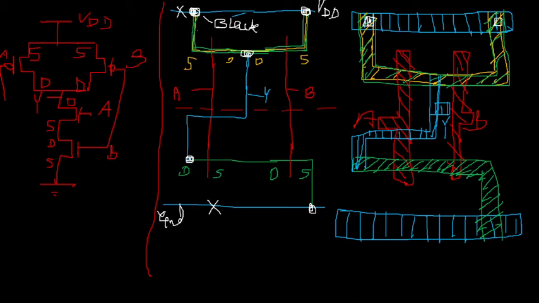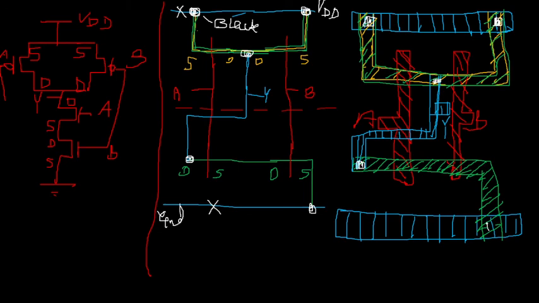Contact cuts will always appear on the places where your metal and any diffusions are intersecting. If you observe here, polysilicon and diffusions intersection is not showing contact cuts. Why? Because they are showing the transistor. They are the symbol of the transistor, and a transistor does not have any contact cut within it.